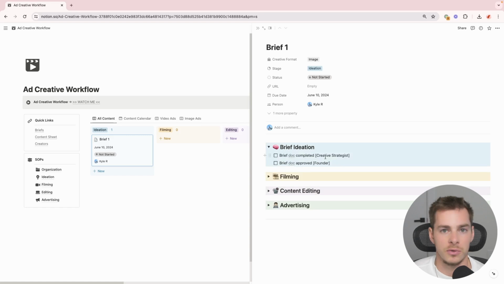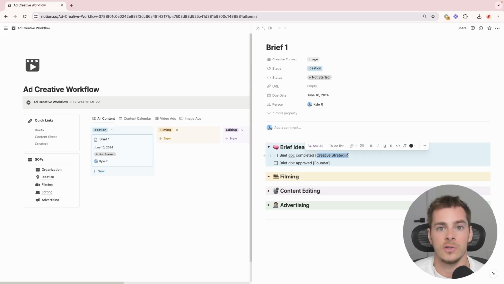So now, as you can see, in each of these core stages, there's a checklist associated with it, and then a team member that's responsible for it. What I recommend is having that team member's name in brackets here, not tagged, because then everyone is going to get a ton of notifications every time you create a new template, but rather just in these brackets so that we know who is responsible for this core thing. And then I'm a big fan of hyperlinking specific things so that if we ever need to approve something, or if internal team members have to communicate with each other, it's really easy to find the thing that we're talking about.